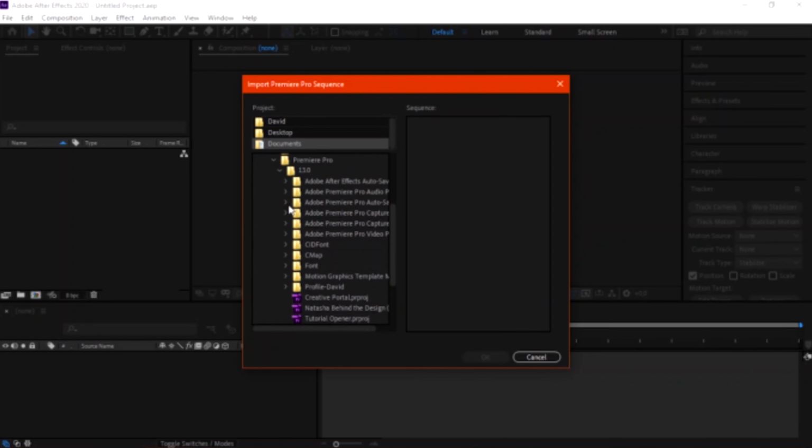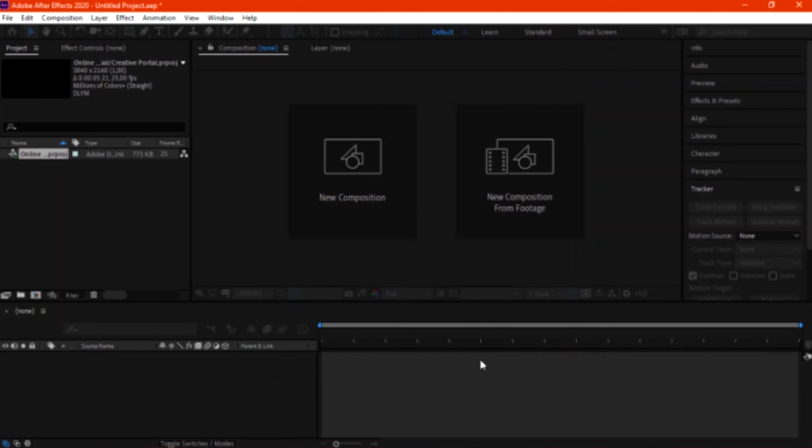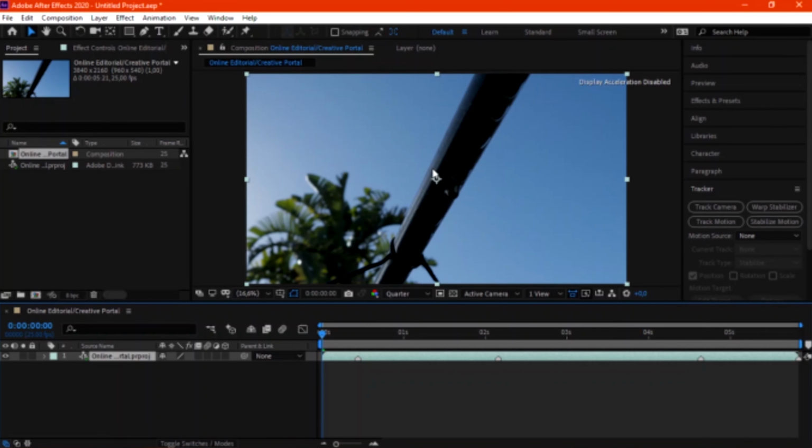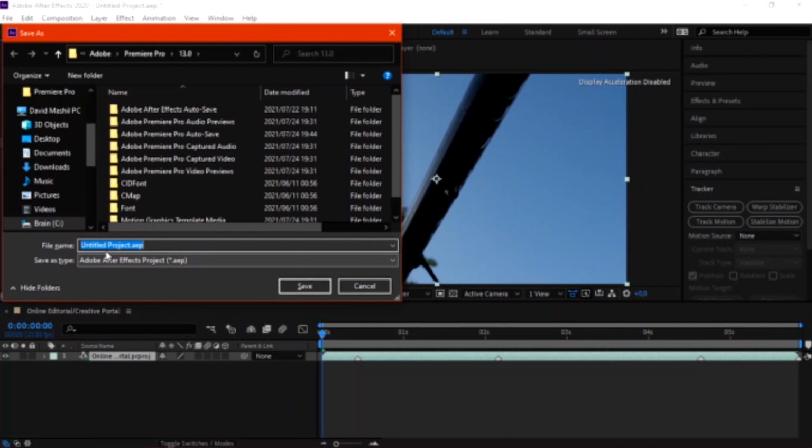If you're familiar with Premiere Pro, then I'm just going to go ahead and select that and bring it into After Effects. Then you're just going to go ahead and create a composition. You drag that clip onto After Effects, then it will create a timeline. From there, what you want to do is save your project, so that in case you make any mistakes, everything is saved.